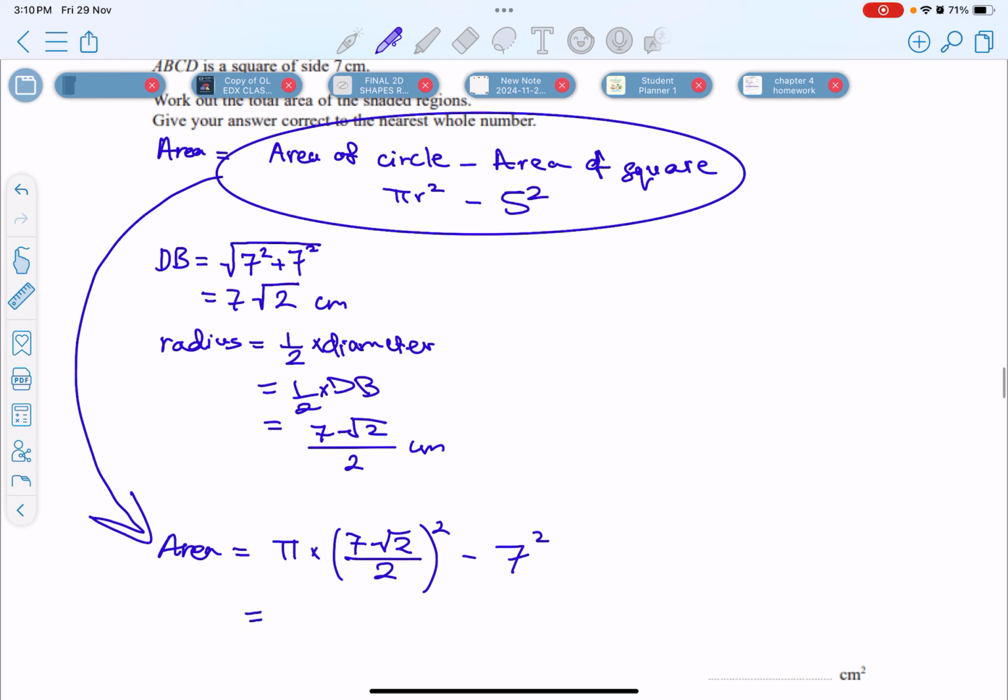So it equals, 7 squared is 49. It's going to be pi times 7 root 2 over 2